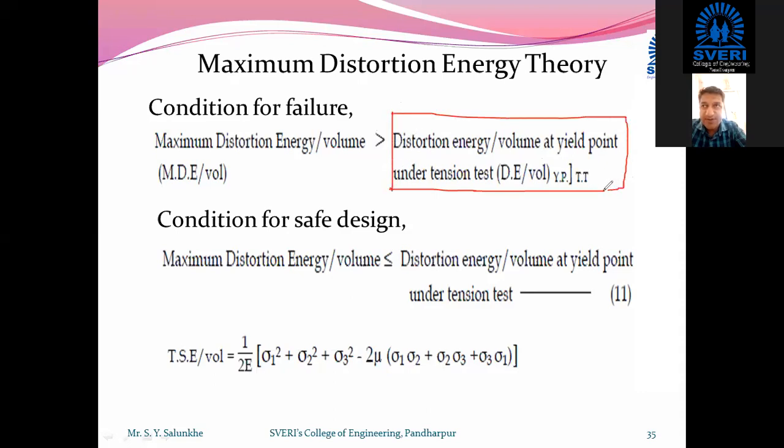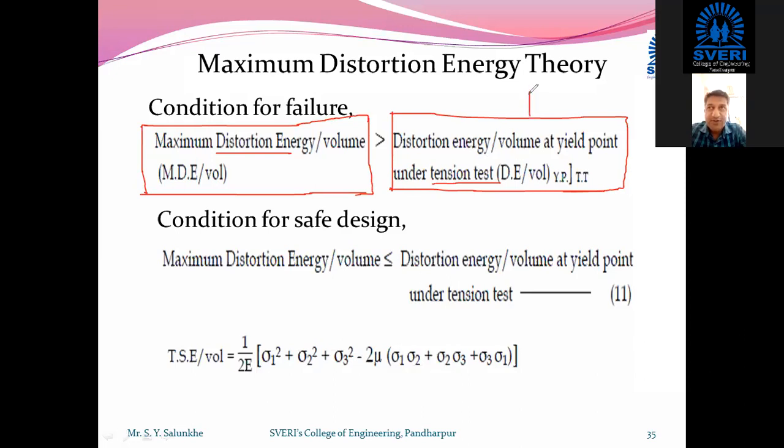Always we compare the theoretical stress or strain or energy. Here, in this case, we consider distortion energy. So this distortion energy is compared with the distortion energy which we calculate by means of the tensile test. In the case of the tensile test, only uniaxial load is applied. And in the theoretical case, while calculating the distortion energy, we consider biaxial stress, that is in the X and Y direction.